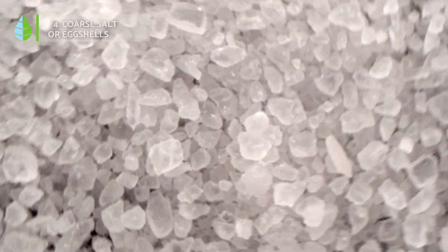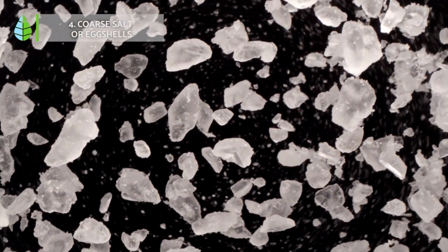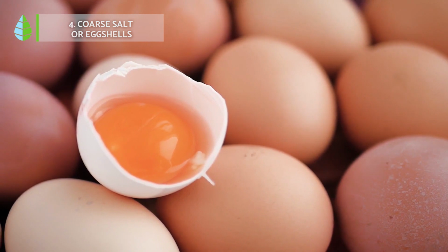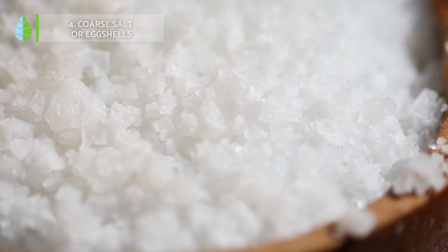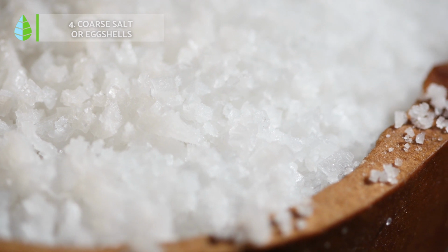Coarse salt or eggshells. Coarse salt or eggshells can serve as a barrier that's highly unpleasant for snails, slugs, and some worms, as they irritate and even harm them. When these pests encounter a barrier made of coarse salt or eggshells, they quickly abandon the area in search of